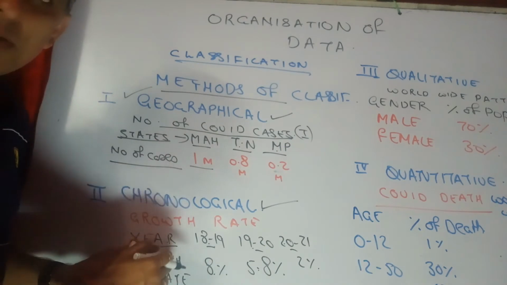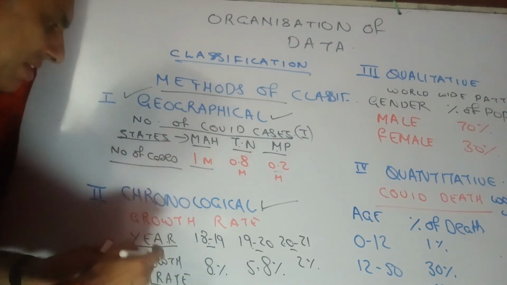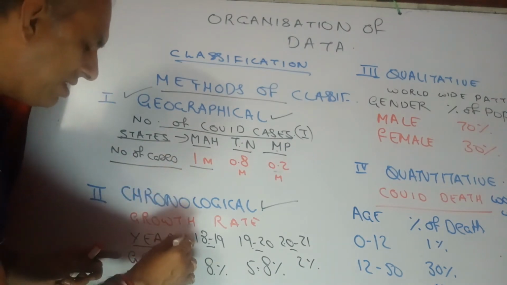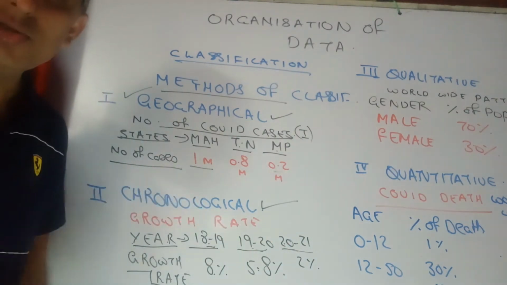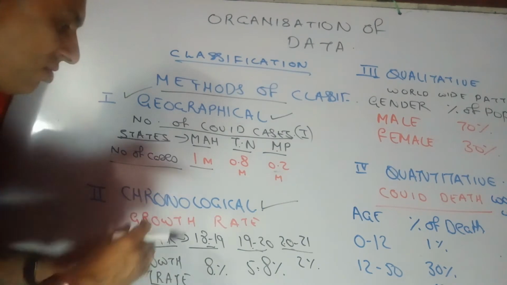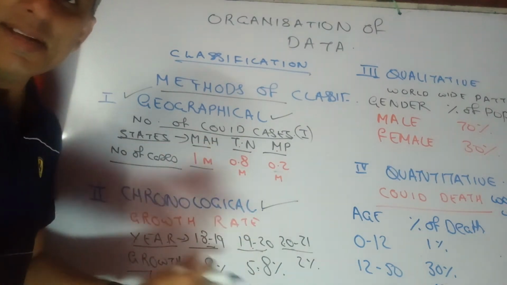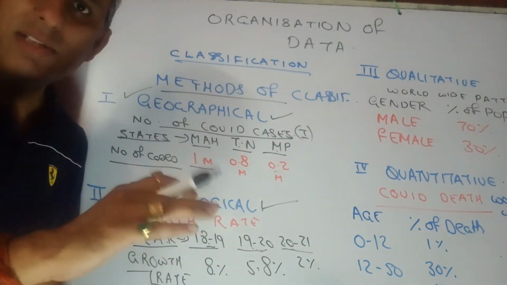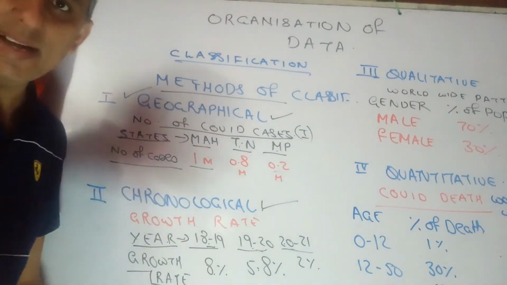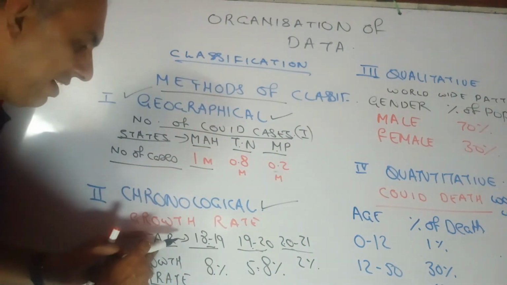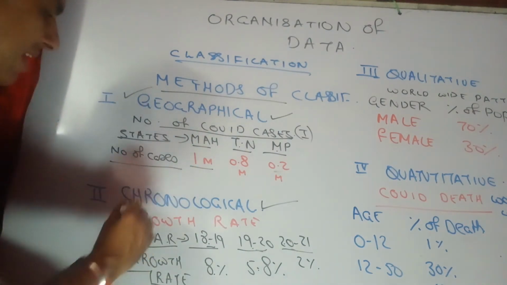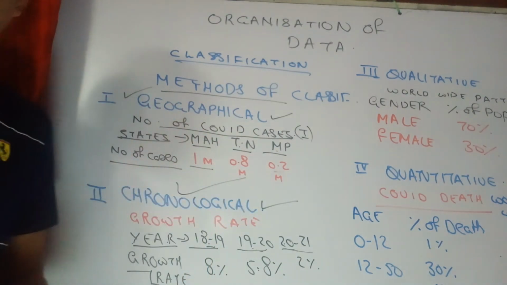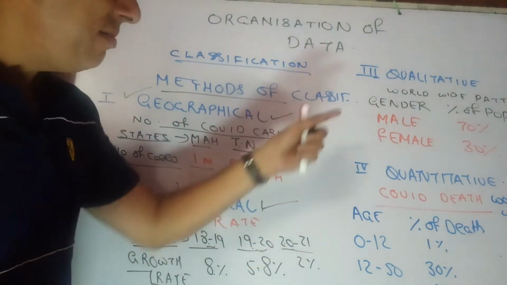Now, very importantly, students, in this case the growth rate is expressed on a year to year basis, right? So when the data collected is expressed on the basis of the time period, like in accountancy you pass journal entries date wise, similarly, when the data is expressed year wise or month wise, that is called chronological classification. Am I clear? Moving to the next one,